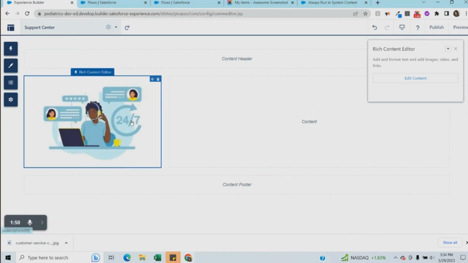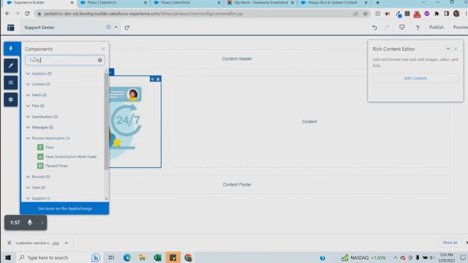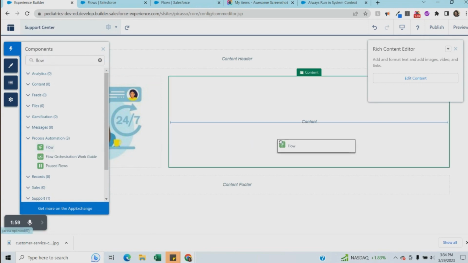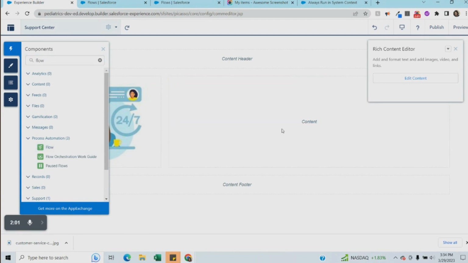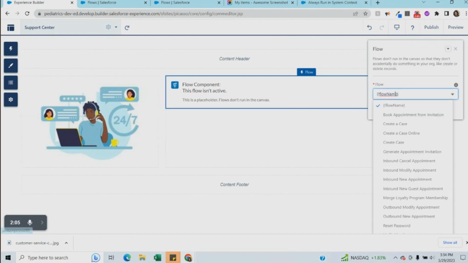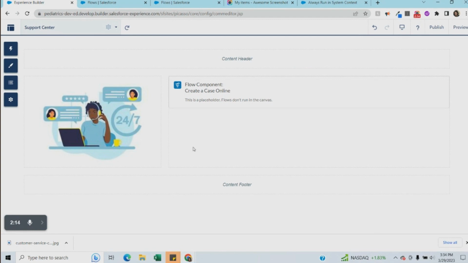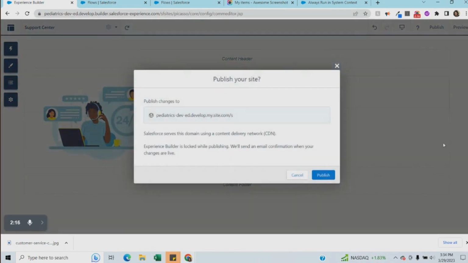Now in order to add a flow, I'll go here and type flow, and I will add the component here, and you can choose the flow from here. So the flow that I want to add here is Create a Case Online, and once it is added, you can publish it,